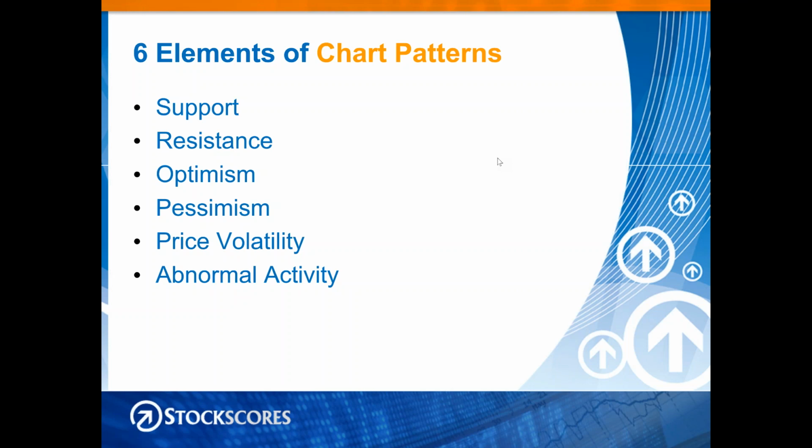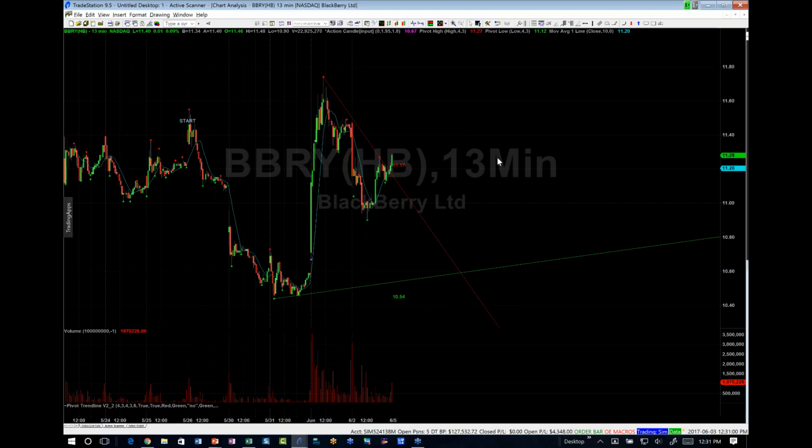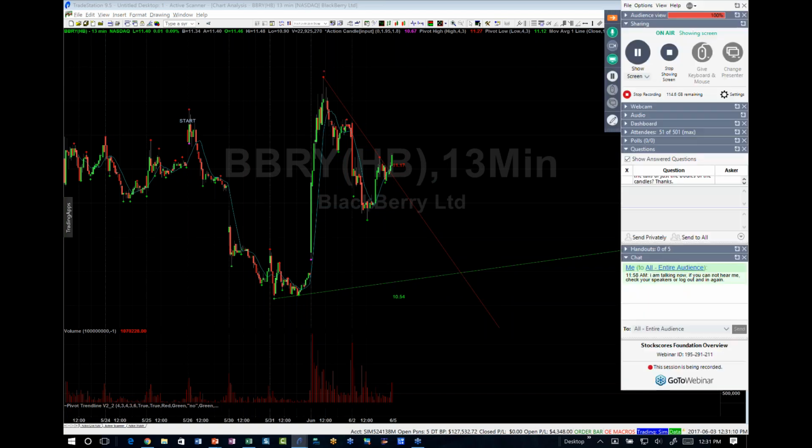When you're looking for inflection points, do you consider the tails or just the bodies of the candles? For inflection points, I use the tails, but you can define it using the highs and lows as well, or the closes and the opens. So let's go back to a chart. In fact, I'm going to go into TradeStation here. The question is should we put the inflection point up at the top, right there at the end of the tail, or should we go across the body, which is right there? I find that the tails work better for inflection points, but you can do either.